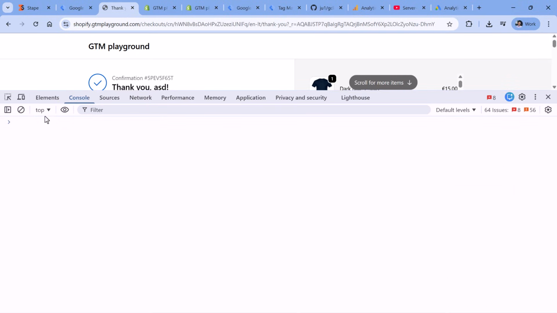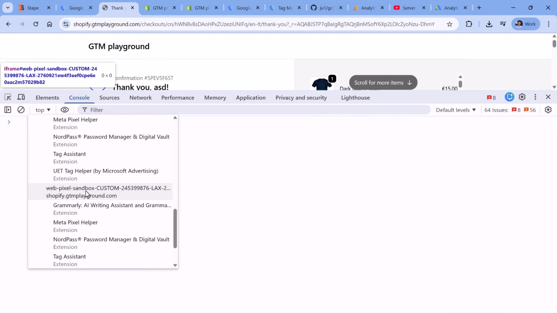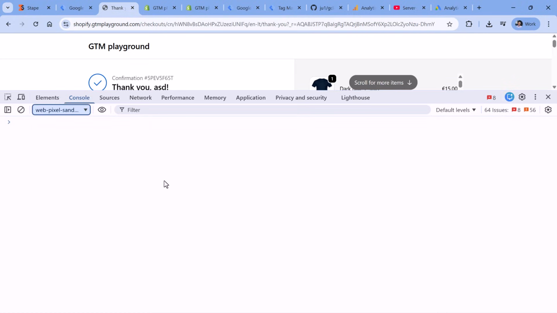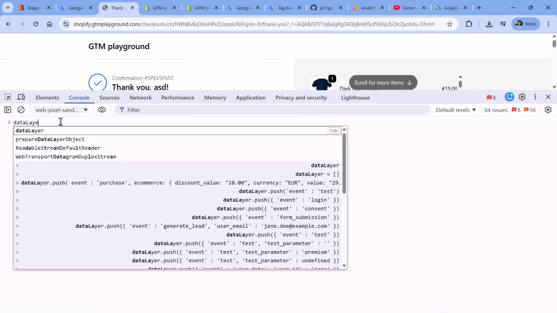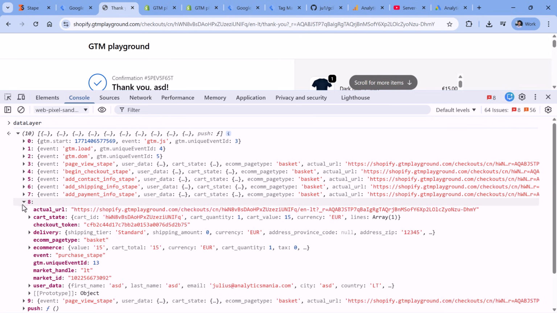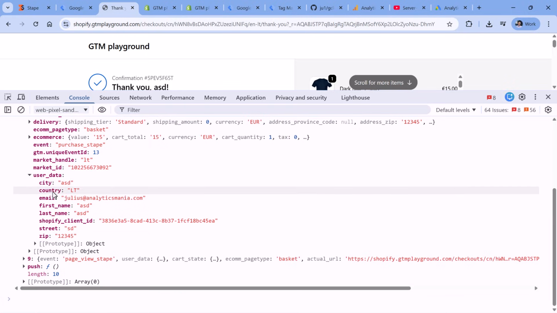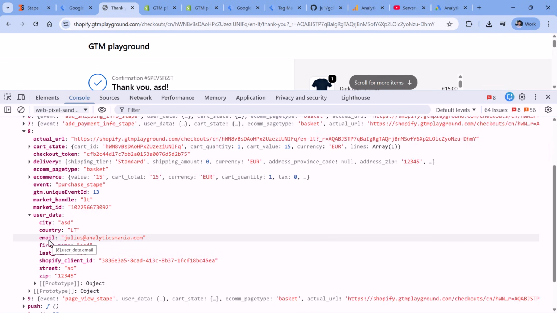Then in the console where you see top, you should switch to WebPixel, Sandbox, Custom, and then some number right here. We're doing this because Google Tag Manager is kind of isolated at the checkout of Shopify. It's in its own sandbox environment. So when you select that environment, you should type dataLayer with the uppercase L, and then you will see purchase Stape event. If you expand it, you will see user data, and you have a bunch of parameters right here, such as city, country, email, and so on. So let me access that email right here. We could do that by using the data layer variable